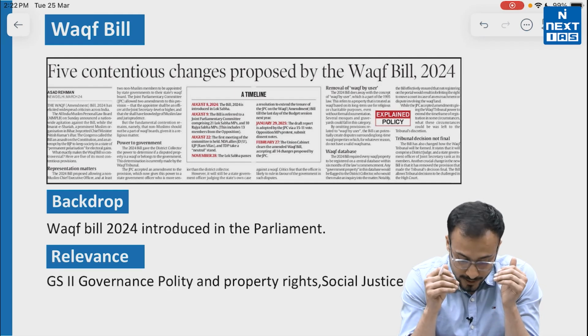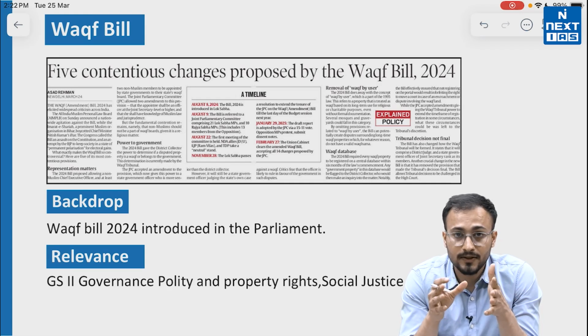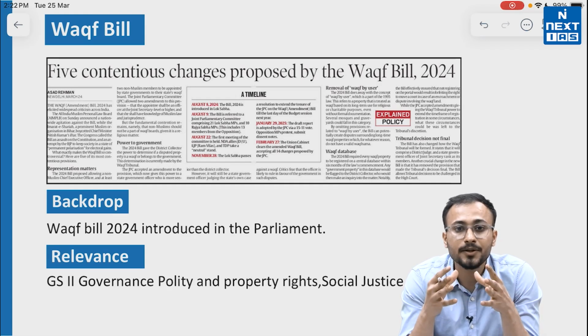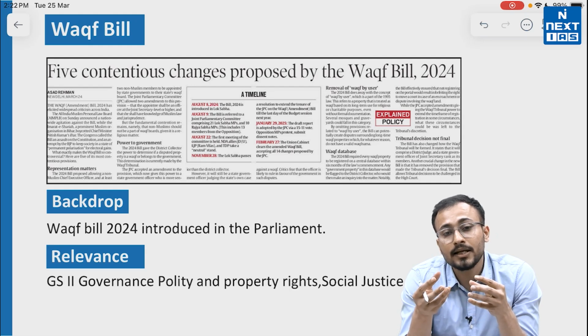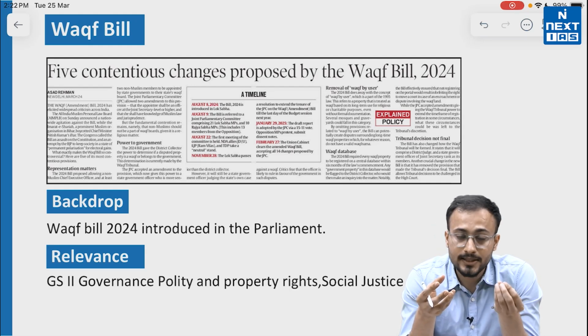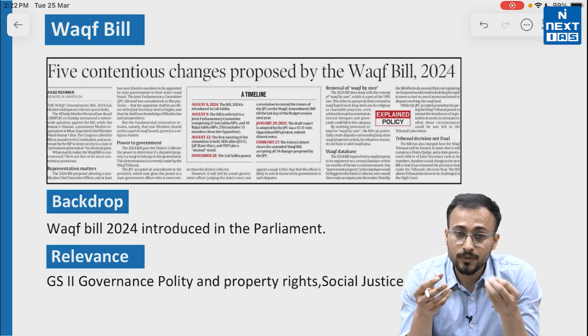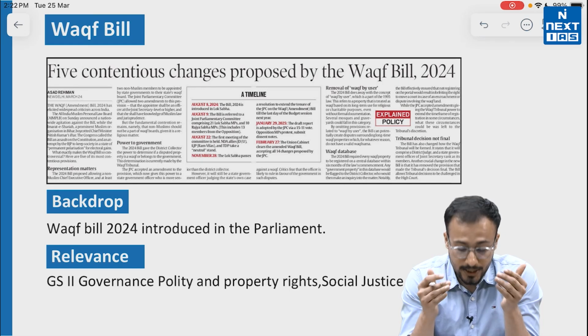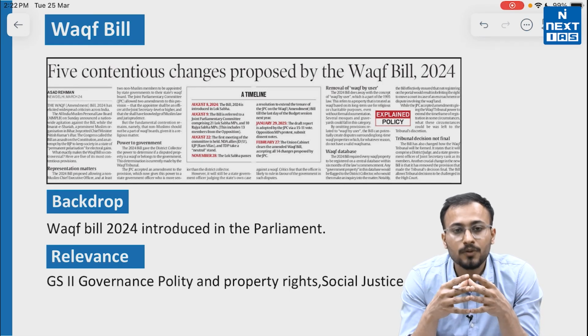The article mentions those things, and this article is relevant from the GS2 governance and specifically Indian polity point of view, because the Waqf Bill has an implication on fundamental rights, that is, rights of minorities and their right to regulate their own religion and the internal issues of a religion. So that is why this is in news. Now starting with it,